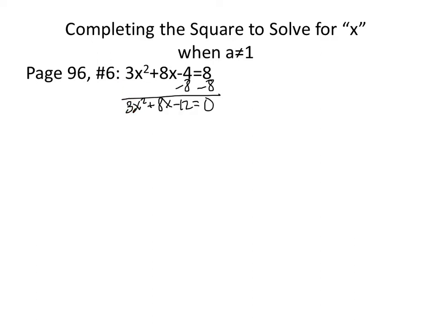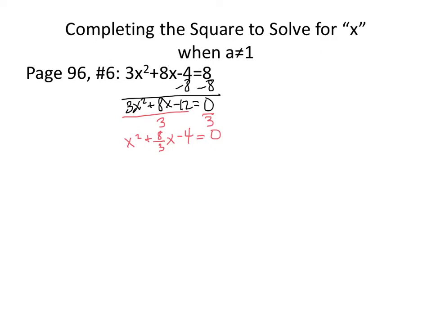I'm going to take care of it by dividing both of my sides by 3. As long as I do it to both sides, it keeps my equation equal. When I divide by 3, I need to make sure I'm dividing each and every single term. So my result will be x squared plus 8 thirds x minus 4 is equal to 0. Now that I have an equation in standard form where a is 1, I can continue as usual and complete